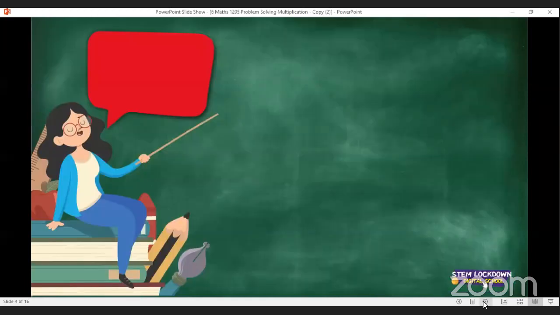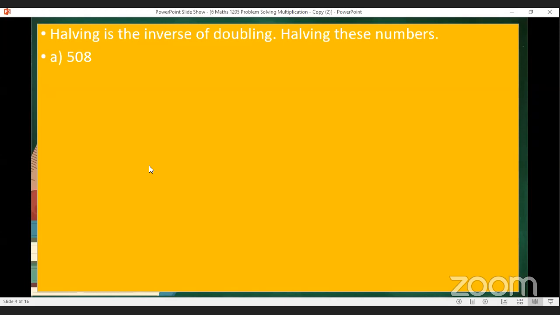And then looking at the halving now. So halving is the inverse of doubling. So we have halving, we have doubling. So half these numbers, halving these numbers. The first number that we have is 508. Now with division, it works a little bit differently. Remember I said with multiplication, we have to work from units going